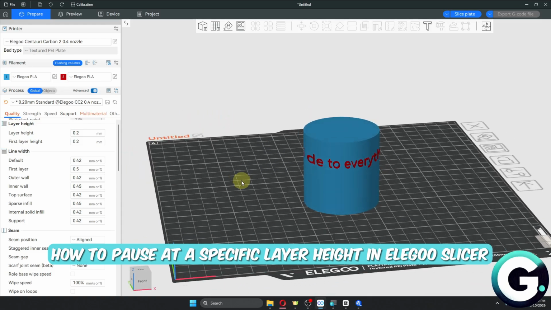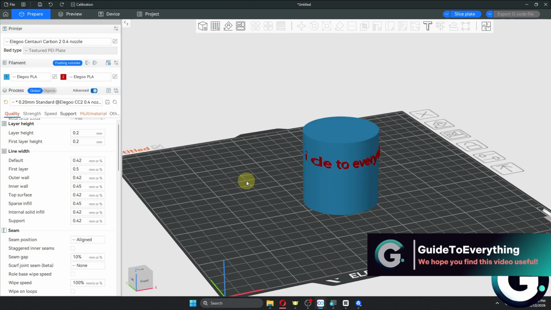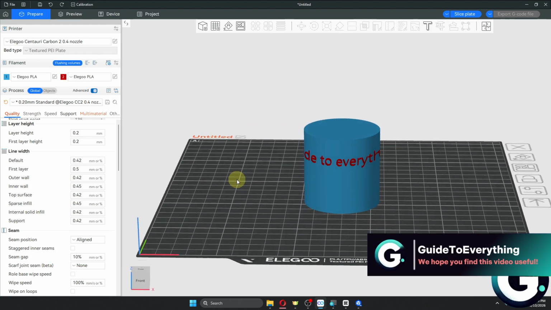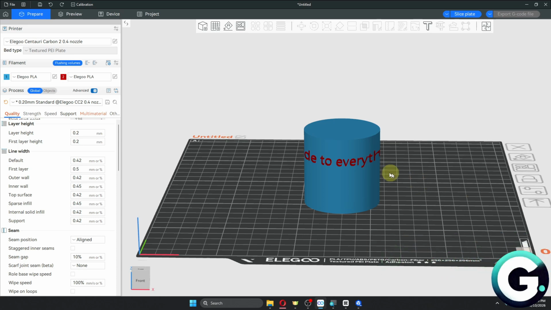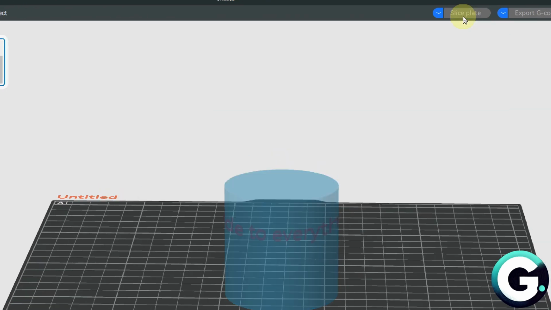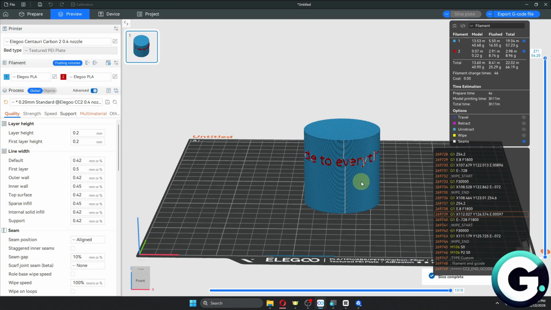In today's video, I'll show you how you can pause at a specific layer height in Elegoo Slicer. Basically, this is extremely simple. The first thing that you want to do is to simply finish up with the model that you were designing. Now from here, I'm fine with this one. Just click on the slice plate option at the top corner of your screen, and then it will process